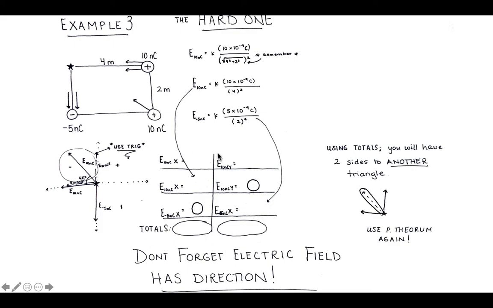And I like making a little chart here. And you'll total up your values. You can see 0 here because this negative 5 nanocoulomb, it doesn't have an x component, just a y. You'll total this up, and you'll have another set of values for x and y. And if you have another x and y component, well, great, you can make another triangle, okay? And you make another triangle, and you'll do the same thing as you did on the last problem. You use the Pythagorean theorem, find the hypotenuse, and that will be the total